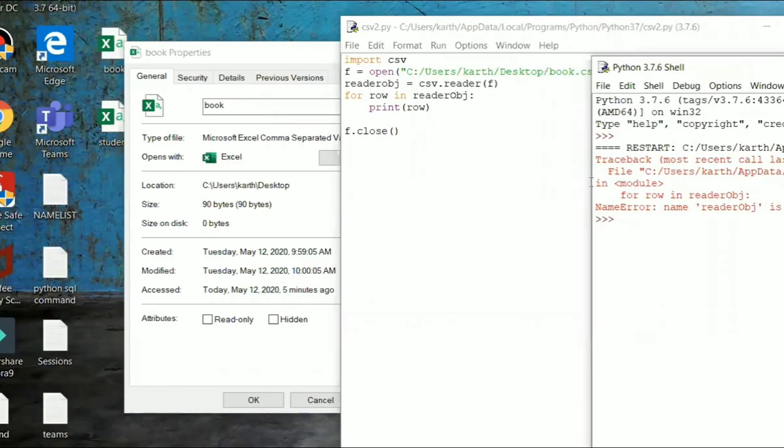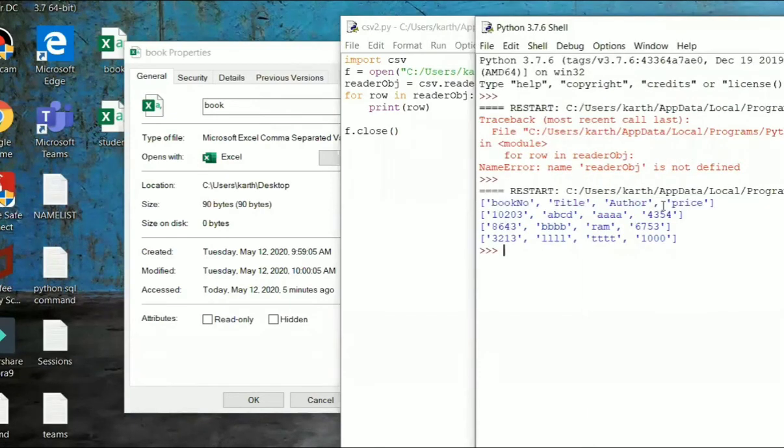So if you see, each and every row from the Excel sheet is being retrieved. Thus, from the CSV file, we are retrieving it in the form of a list. Now, what all the questions you can expect in this form? You can be asked to display all the books which are having the title starting with the letter A, the total price which is available. Display the details of those books which are having the price greater than 1000. So in this way, you will be getting the questions from this.